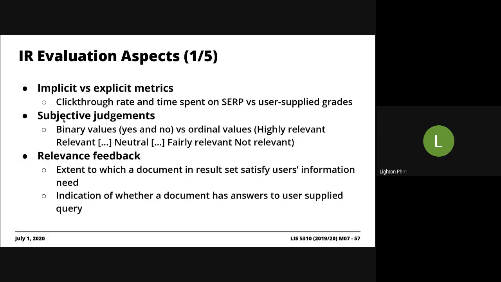Subjective judgments, by the way, typically would not involve binary responses, but a Likert scale would be used. So you're asked, are the results relevant? To what extent are the results relevant? Strongly relevant, relevant, neutral, not relevant. I don't know if there's anything like not strongly relevant, right? So that would be like